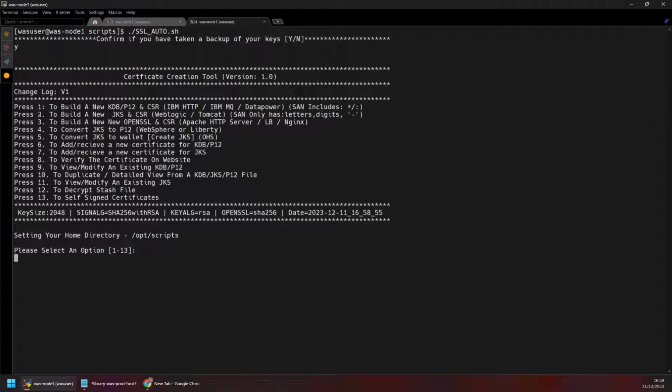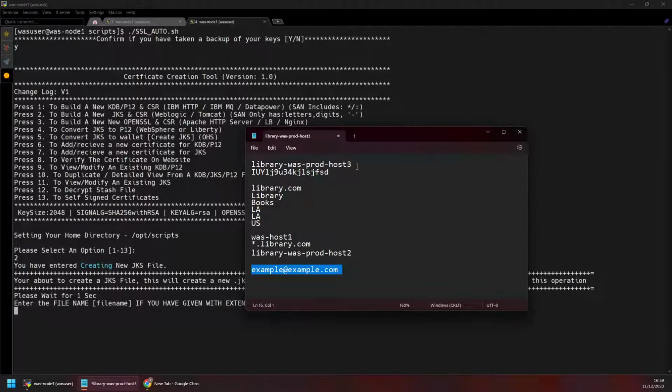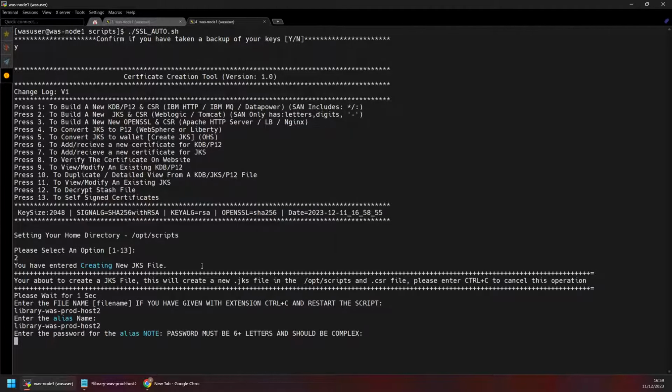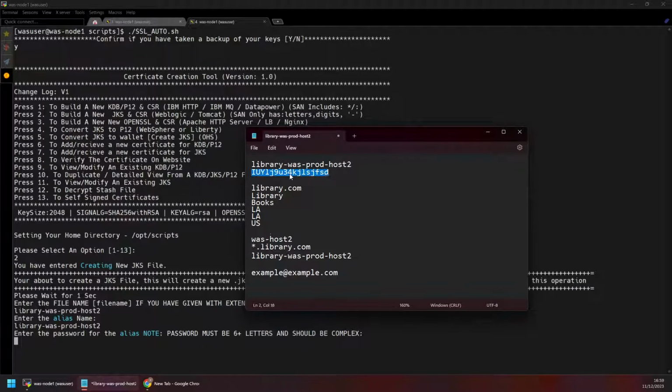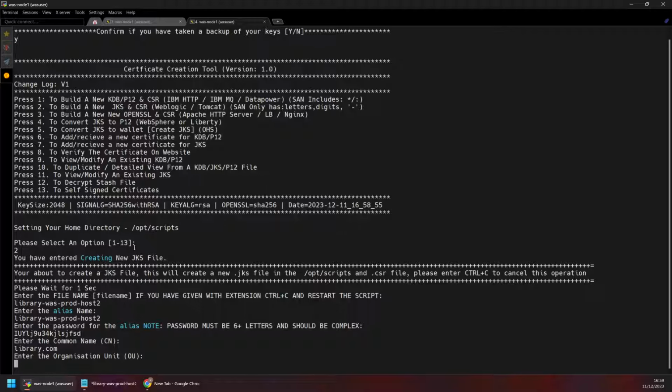Let's go ahead and do that by pressing option number 2. And here you give the JKS file name. So here I'm going to give host2, and I'm going to change the VAS host to 2, and the library vasprod to SPAL. Now I'm just going to take this particular server name and then the alias name as the same one. And then I'm going to take this as the password. And then library.com, library,